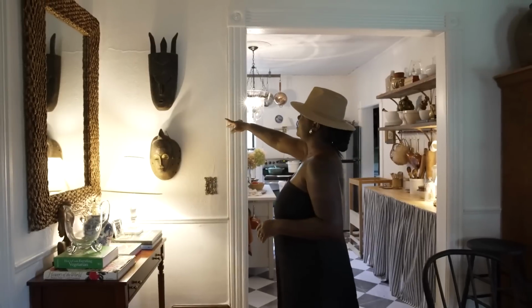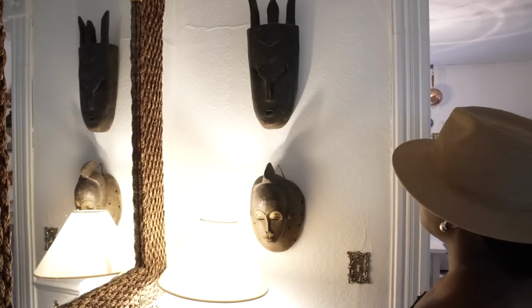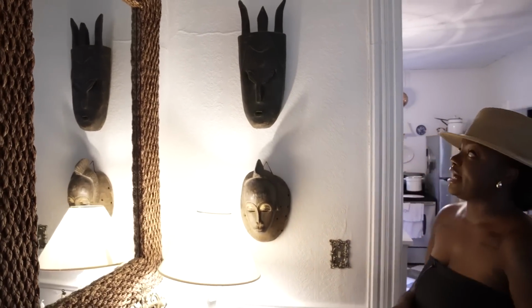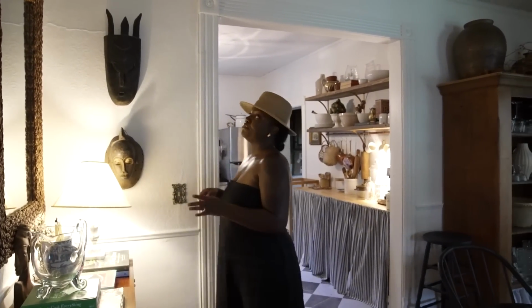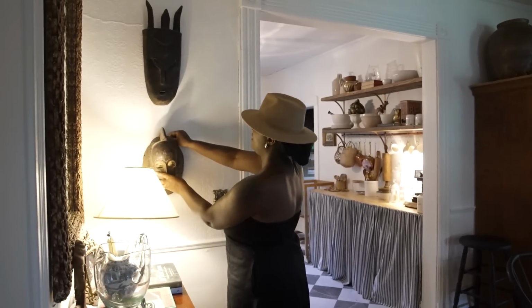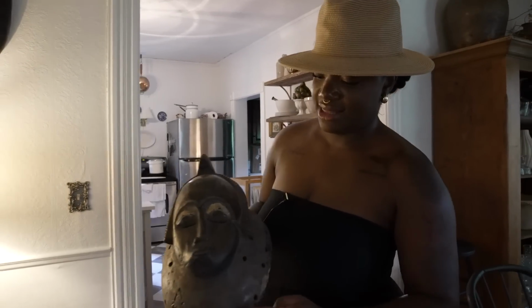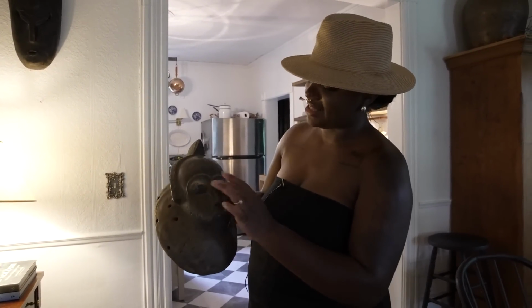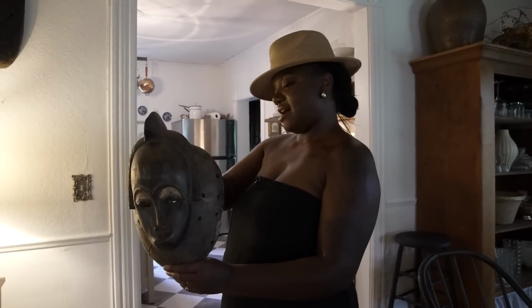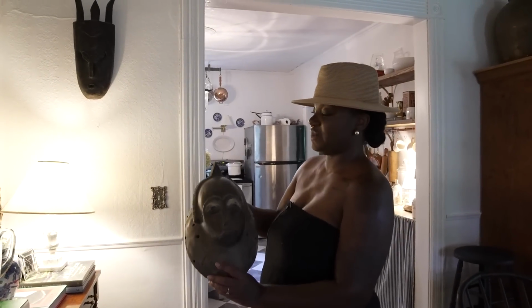And then on this wall here, I've got two really beautiful African masks that I got from the same antique shop in Eau Claire that I got the antique botanicals from. Antique Emporium is the name of the shop. And again, like the mask in the entryway, the deep brown and the lighter brown areas, I like this one, the eyes are the same as the one in the front. How funny. It's just really beautiful. Adds texture and warmth, and also just speaks to